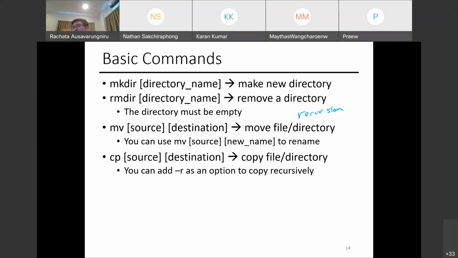Yeah, it's like a function that calls itself, right? So in this case, cp -r means I'm going to copy everything from this directory and everything in its subdirectories and all the files in there. So you move the entire thing. It's useful when you want to copy the entire directory from one place to another.